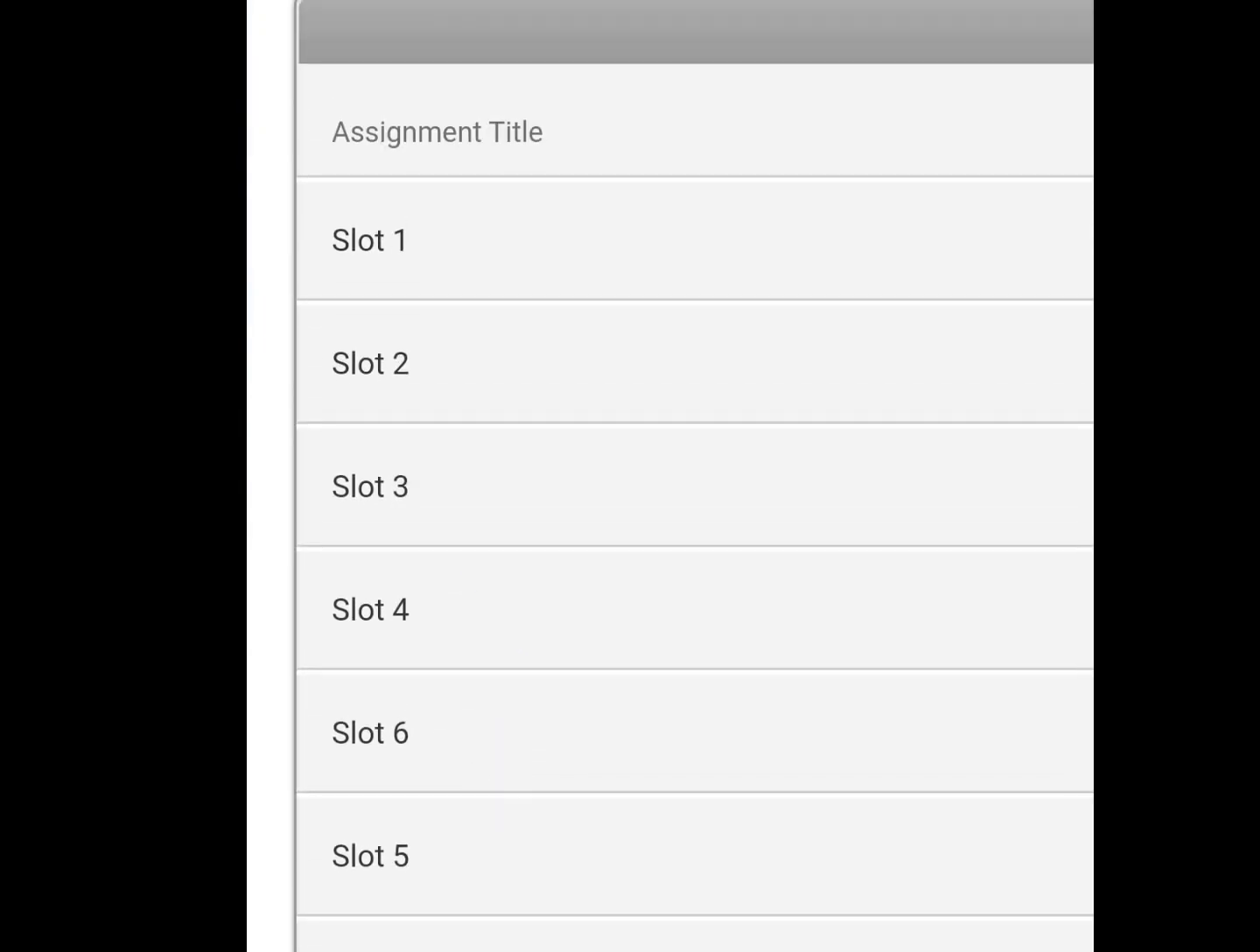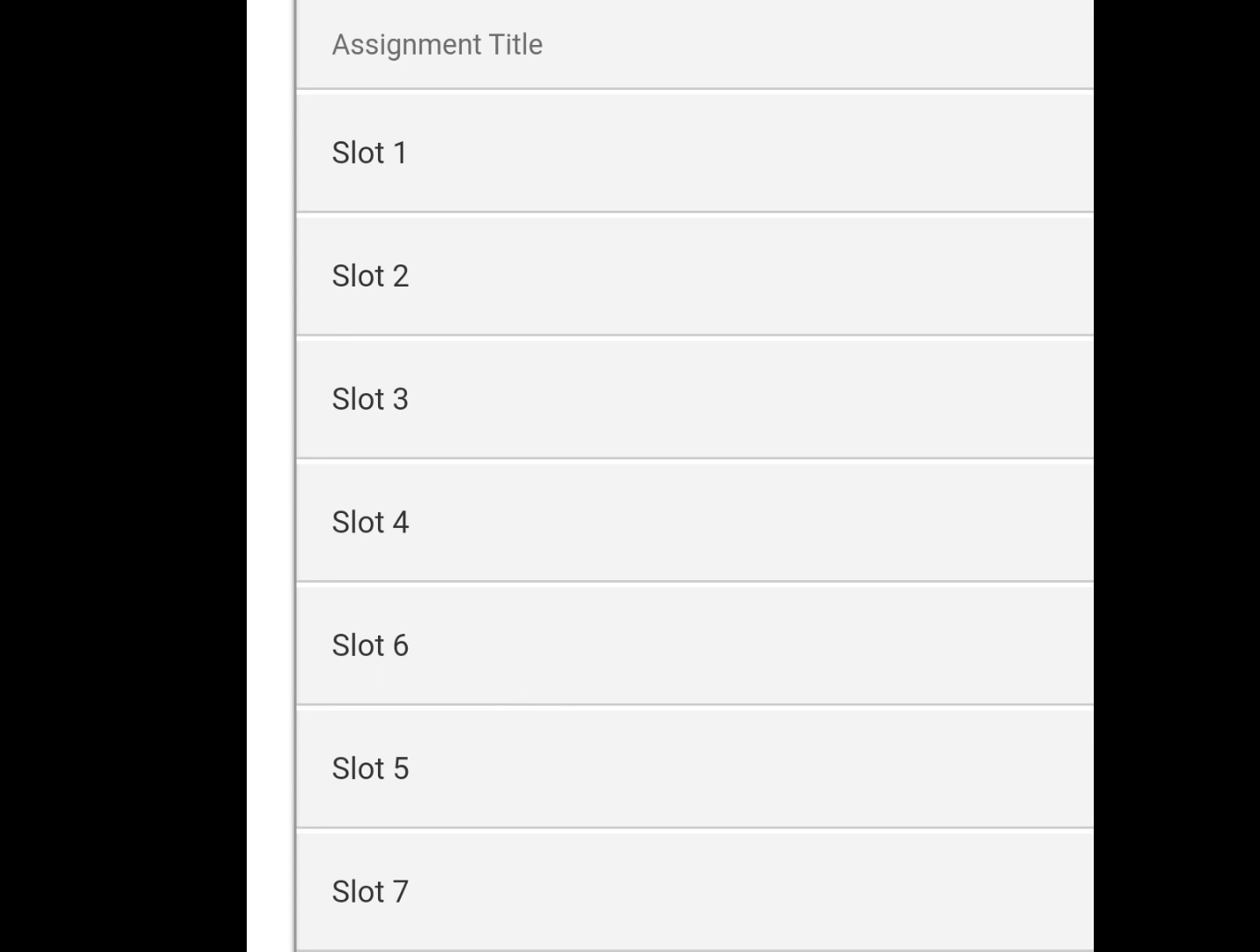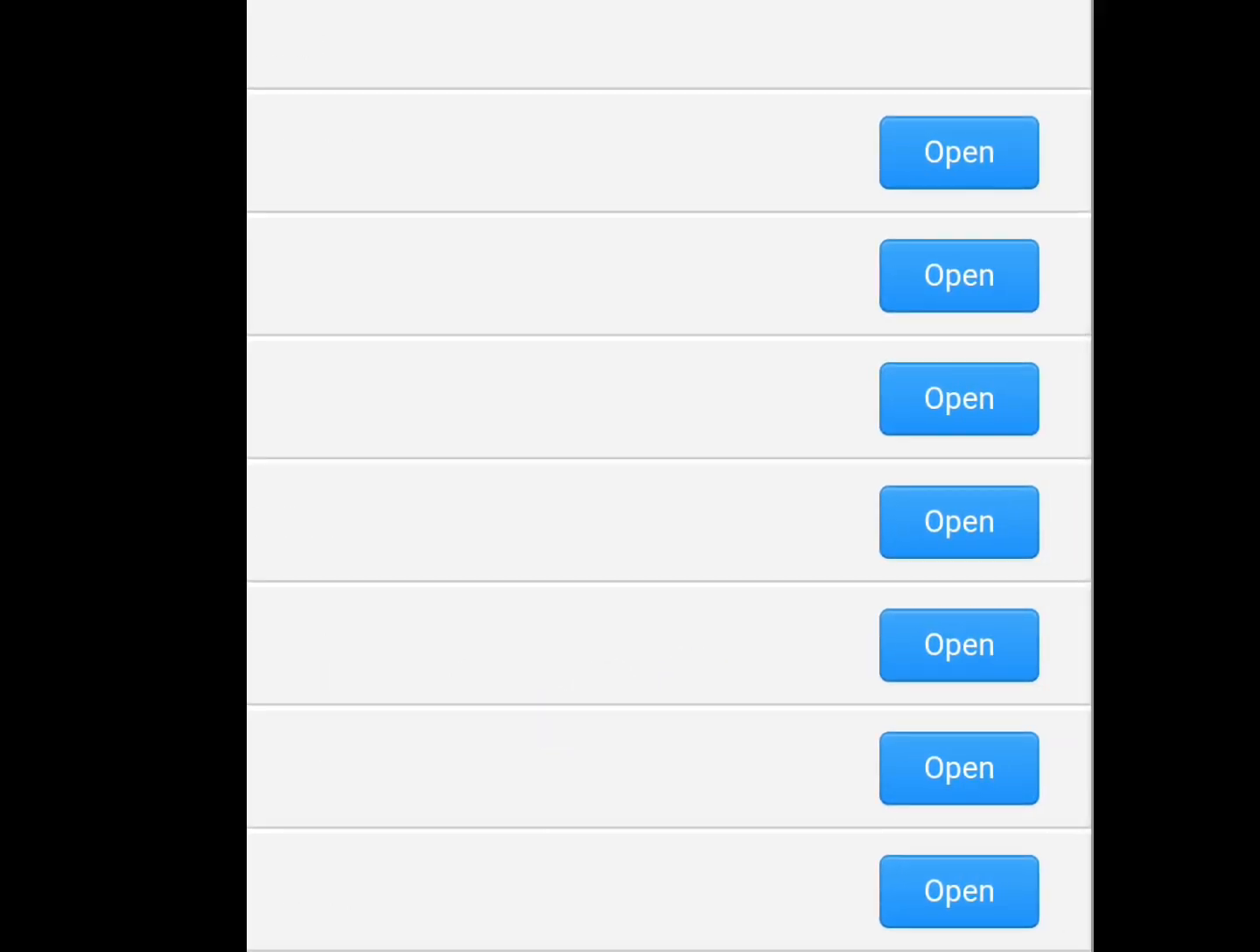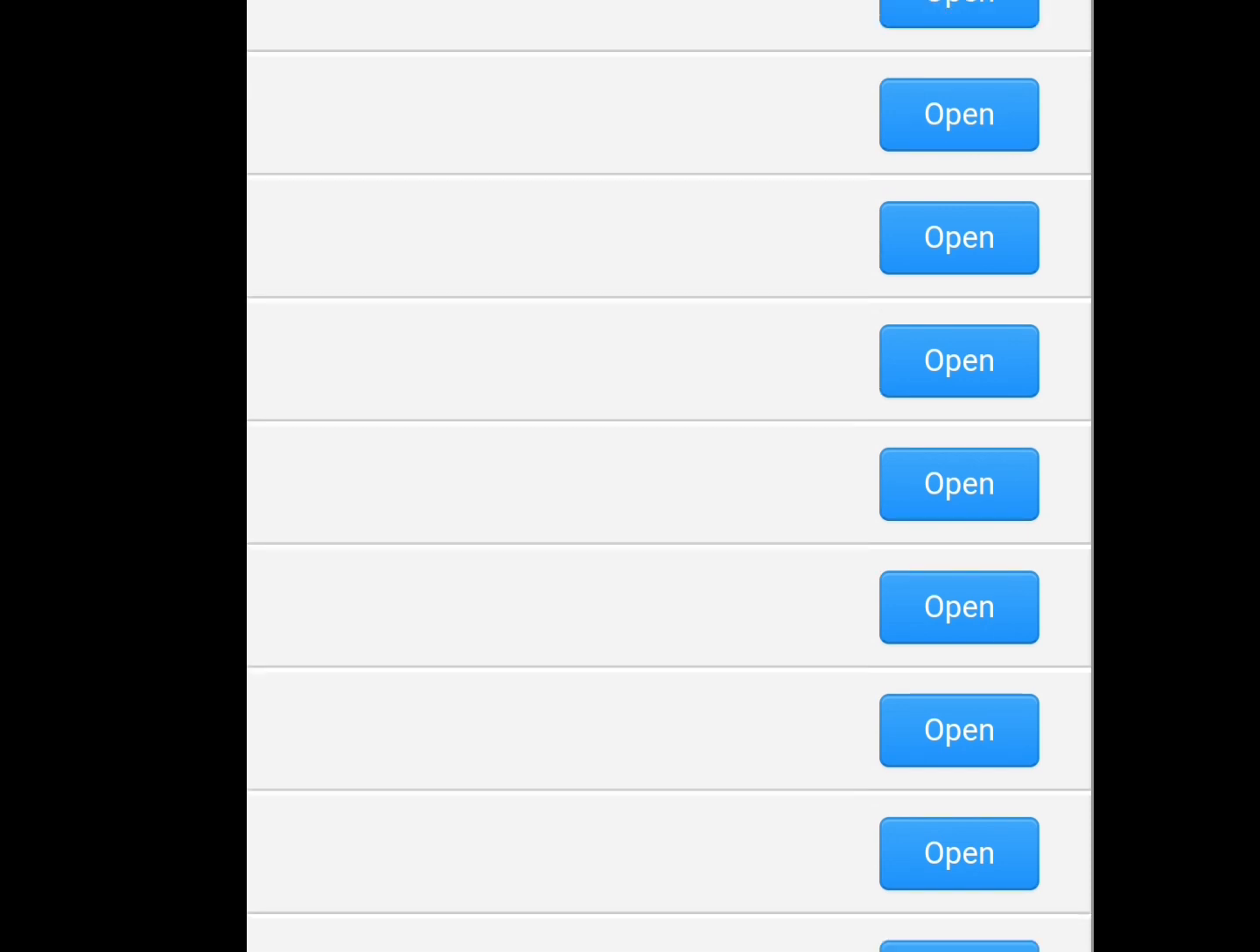Here you can see that there are several slots already created by our instructor. Slot 1, slot 2, slot 3 and so on. Let's move to the right side of the interface of Turnitin. Here you can see that there is an option to open all these slots. Let me open the first slot,